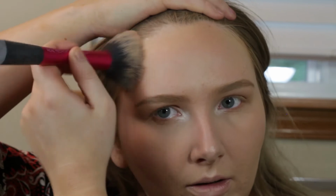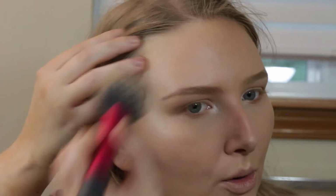Now I'm gonna be going in with bronzer, and I'm using my e.l.f. bronzer here. This guy looks like this. Starting on my forehead. So I like to have that very glowy look to my skin, and just minimal